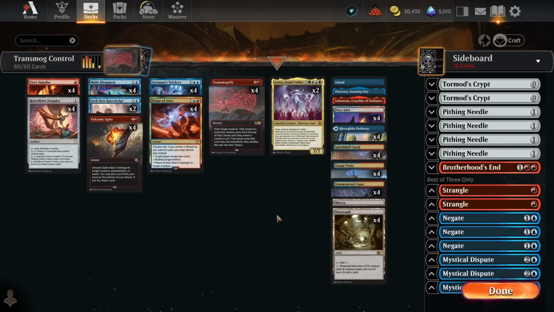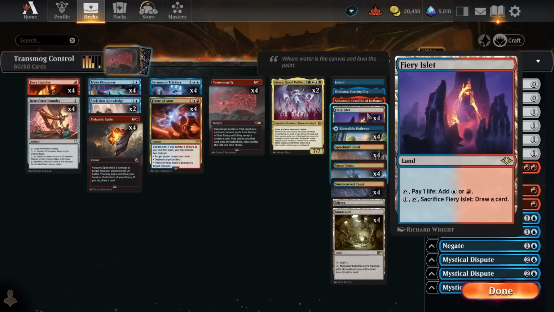Then we've also got 4 Fiery Islet, which is a card I wasn't running until fairly recently. So as I mentioned, the first 2 games in the gameplay that's coming up are with a slightly earlier version of this deck where I was running Shivan Reef over Fiery Islet, and I was kind of reluctant to run Fiery Islet initially because I thought that the life loss would be an issue. The upside of Shivan Reef is you don't always have to take damage from it, whereas Fiery Islet does, but